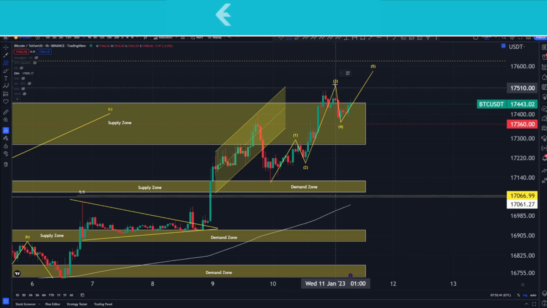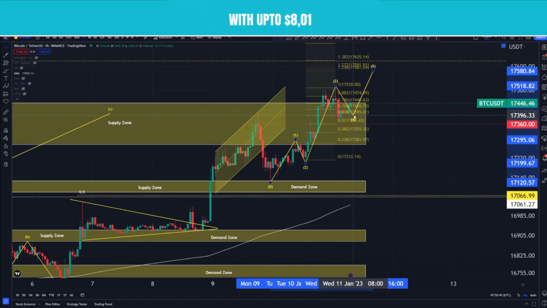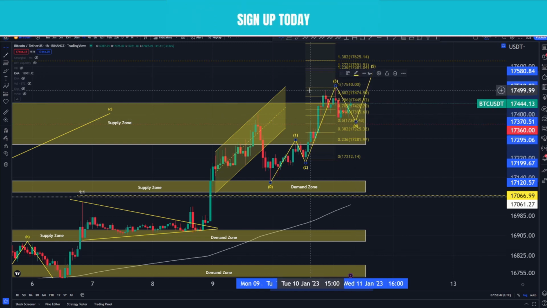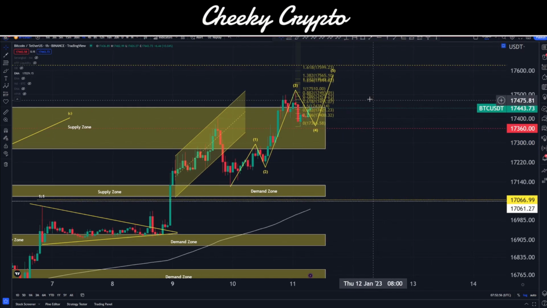So the first thing that we need to do is ascertain this wave 3. How far have we retraced? We've retraced just past the 38.2, a little bit deeper, not quite to the 50%. That is pretty good for a wave 4. I'm not too fussed about that. And then of course we'll come into the final 5th wave movement just in here,